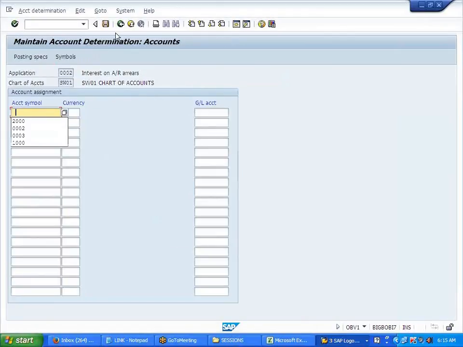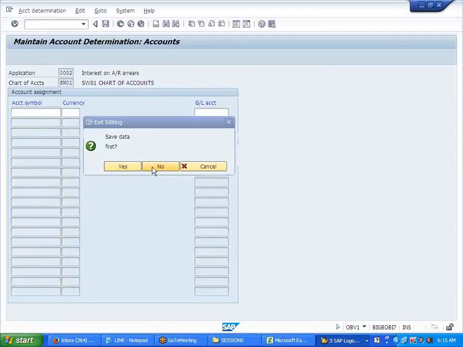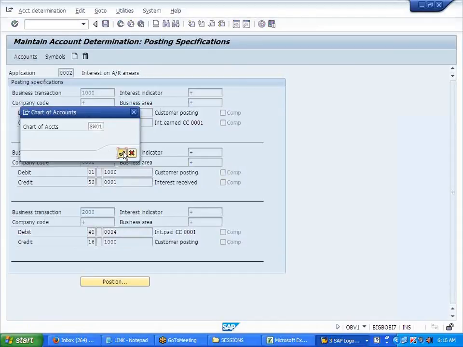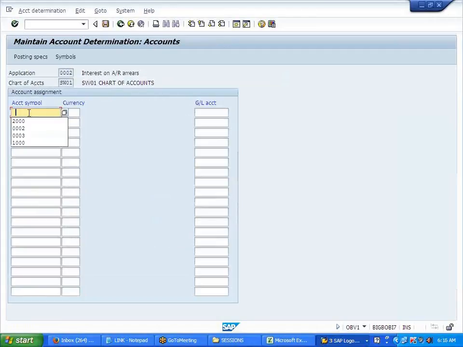I'll take 1000 and customer posting, interest earned, 0003. Use this. Triple 03.